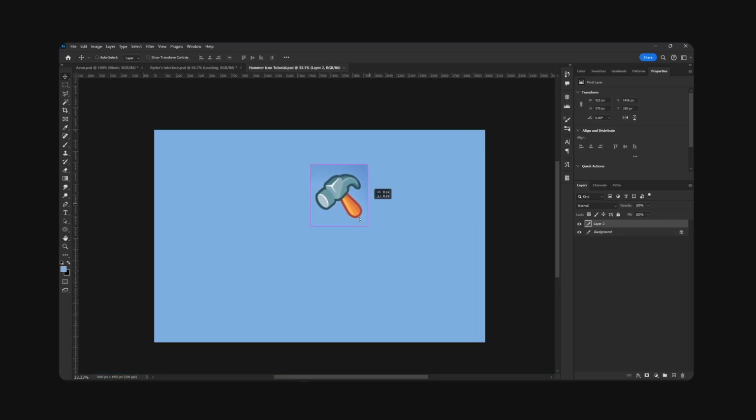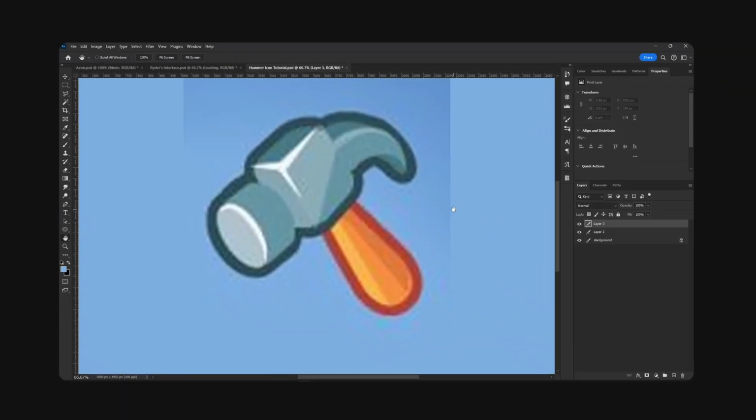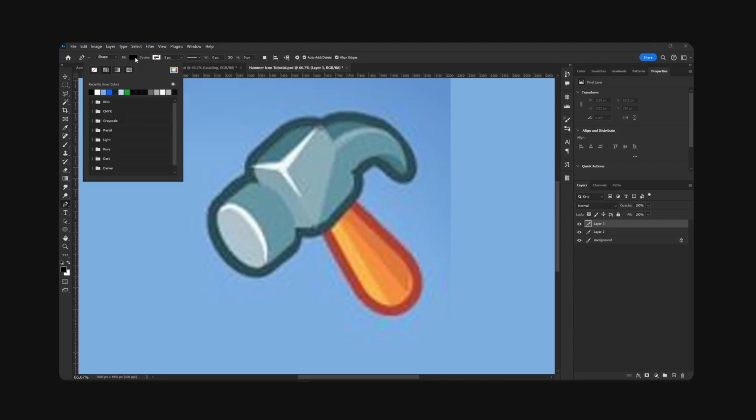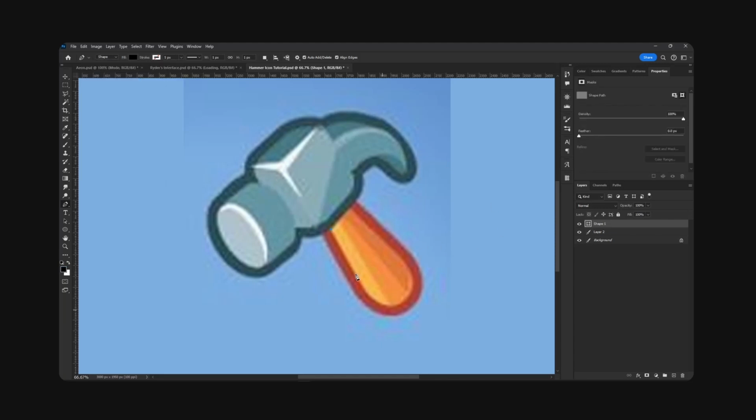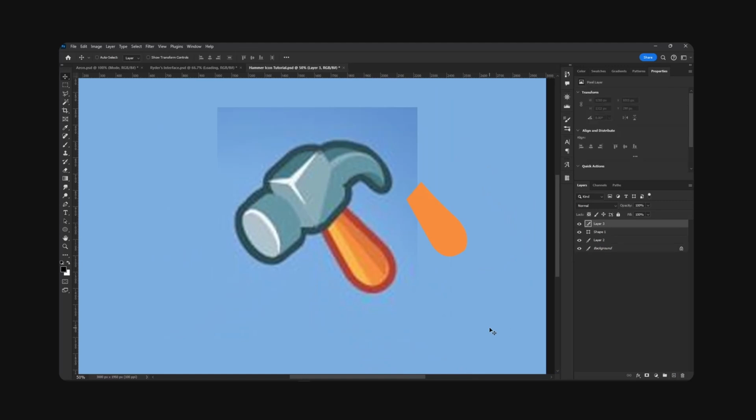Anyways, let's start right here with our first layer. Boom. We're going to start with the handle. We're going to take our pencil. We're going to make sure we have fill right here, and we're going to start with our first point, our second point right here, our third point. We're going to curve our fourth point. We're going to hold Alt, click to reset this curve, and our fourth point is going to go right here and back up. Complete the shape. We're going to take this, select this orange color, and now we're gonna make a new layer,